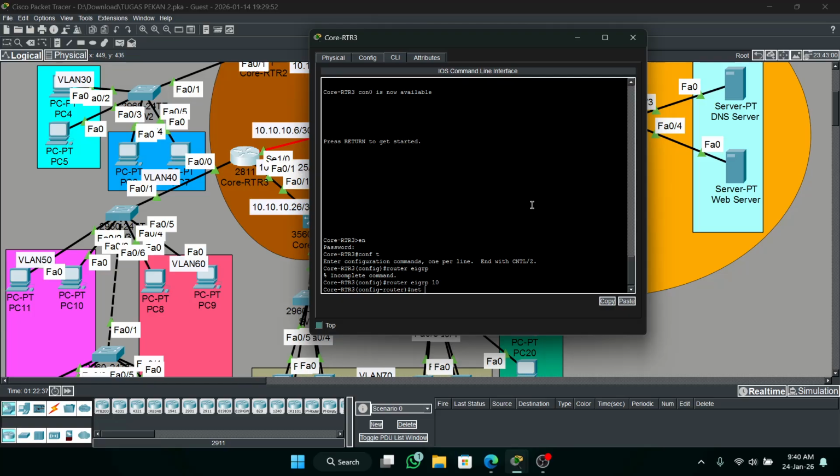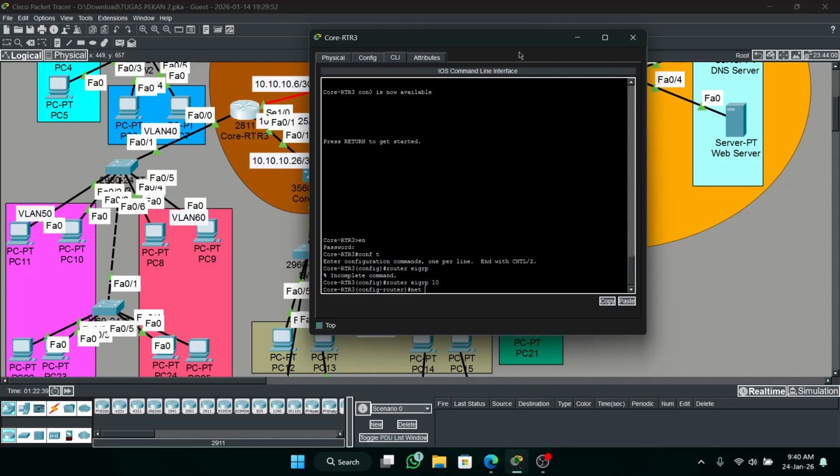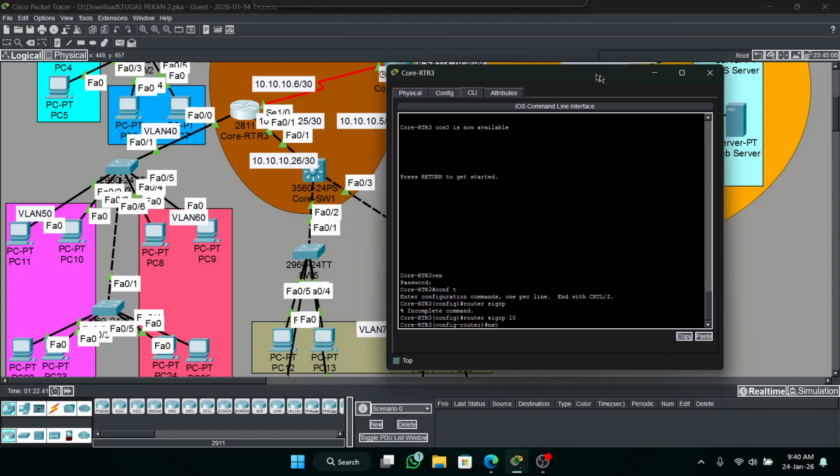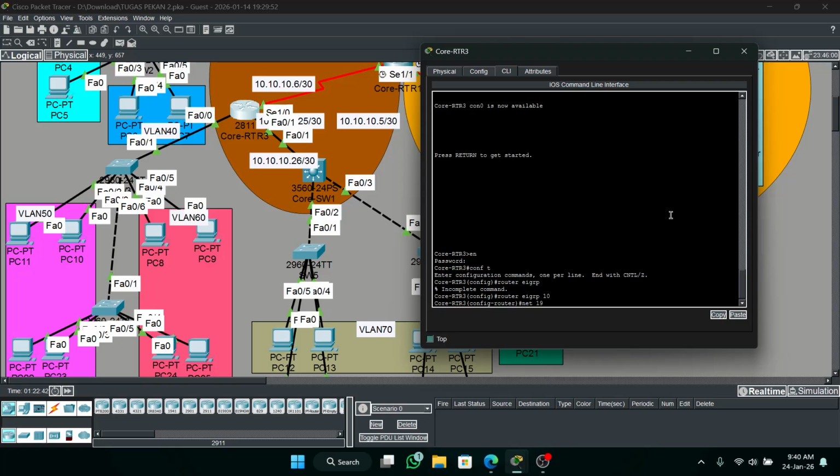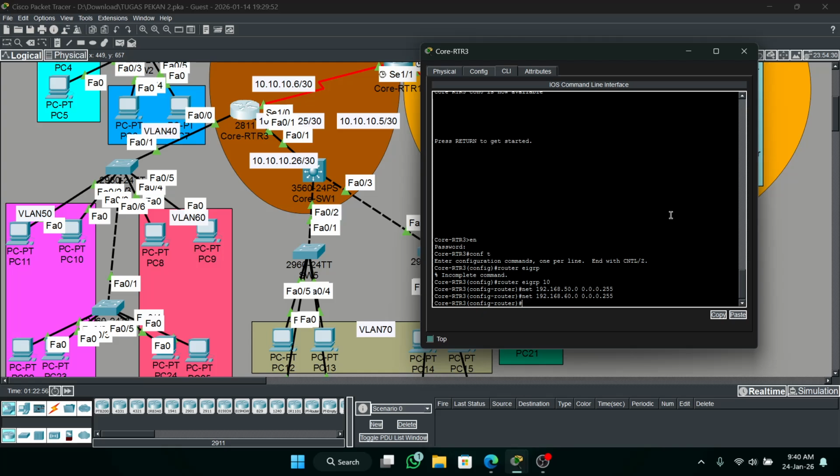Then network VLAN 50 until 90. Yeah, this will be the wildcard mask for /24 for all VLANs.